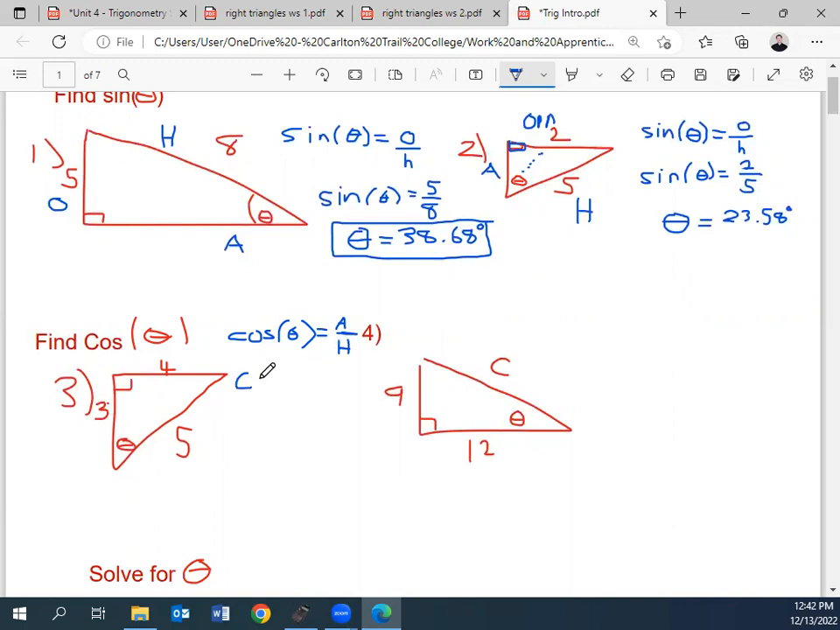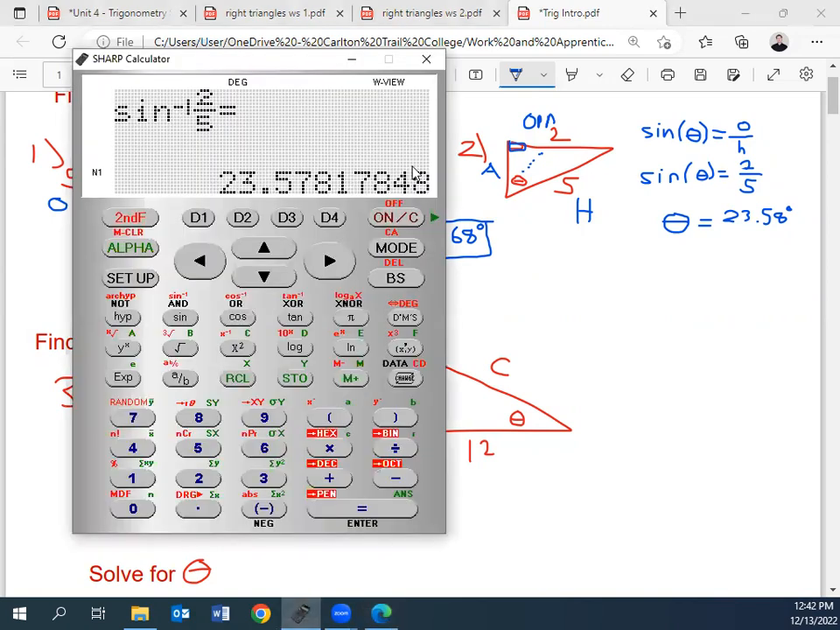Okay, so if cosine of theta is equal to adjacent over hypotenuse, what's my adjacent side here? Is it 3, 4, or 5? It is 3, right? You betcha. And then what's my hypotenuse here? 5. Cool. So cosine of theta is equal to 3 over 5. And if you punch that in your calculator,